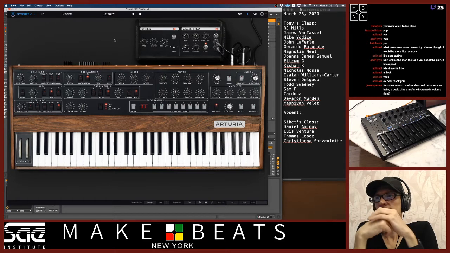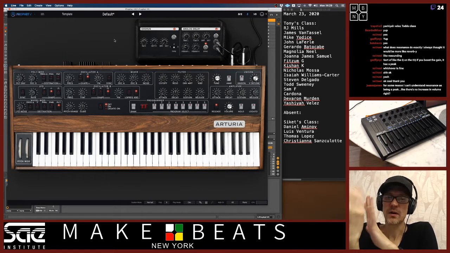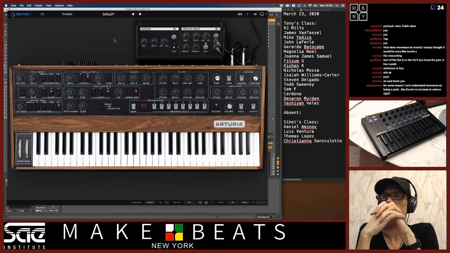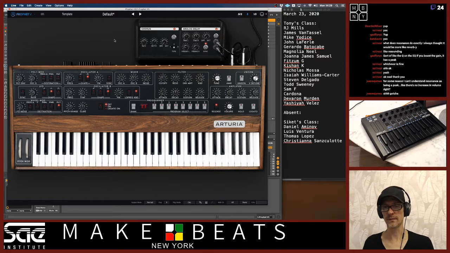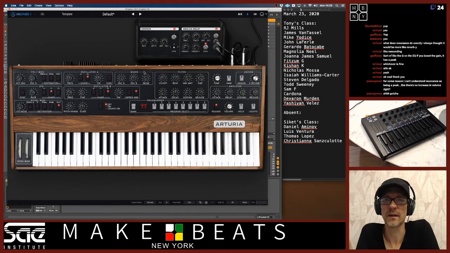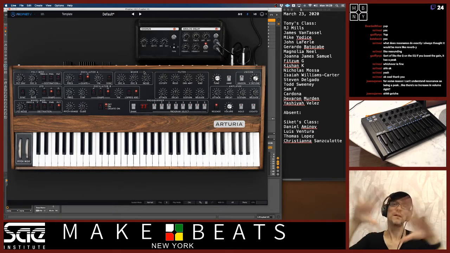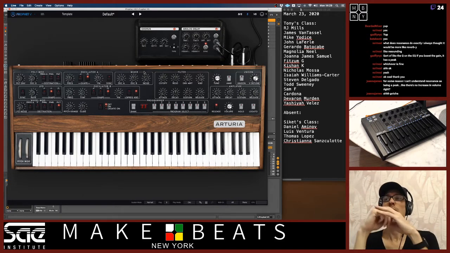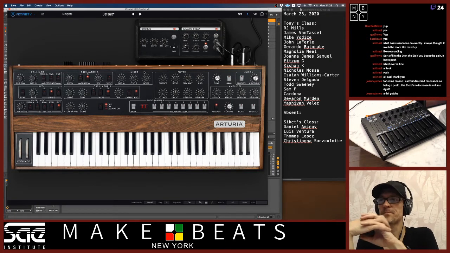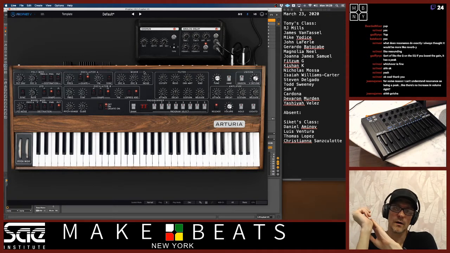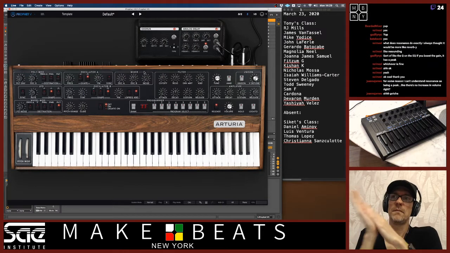My best advice for trying to wrap your head around resonance is to try it yourself with a synth. And it doesn't have to be a hardware synth. It can be a software synth. And I'm going to show you some about that. We're going to get into that today when we're talking about Reaktor after we talk about modular synths. So we're going to come back to all this stuff. Don't worry, we've got more time on resonance and cutoff and stuff like that. So what I want to do now is talk a bit about modular synths.